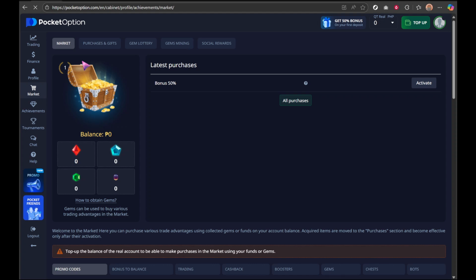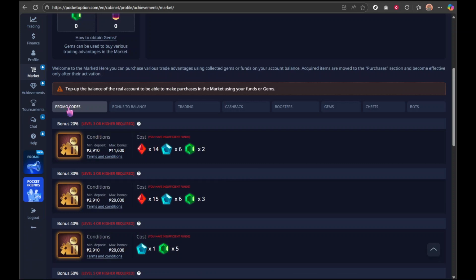Now that you've landed in the market area, you might wonder why this section is so pivotal. The Pocket Option market specializes in a range of resources that aren't just readily given away. Here, you can browse through essential trading aids that you can purchase using crystals or your account balance. These gems can vastly optimize your trading abilities, and scoring a discount could mean more resources for you to trade or invest back into your account. Let's hone in on finding those